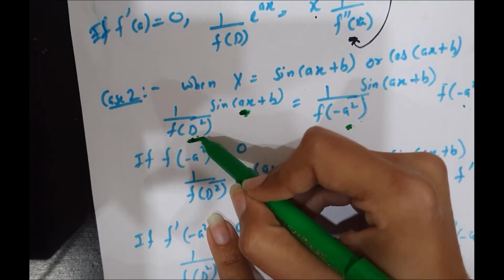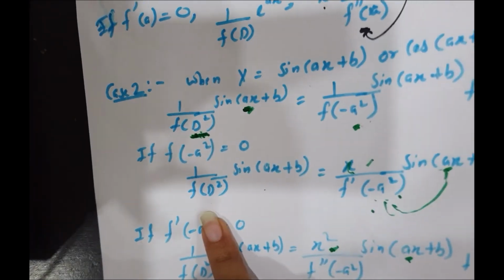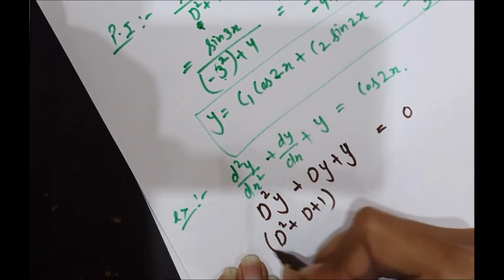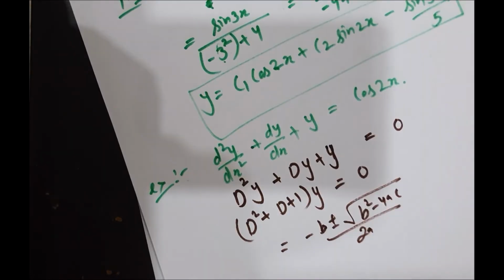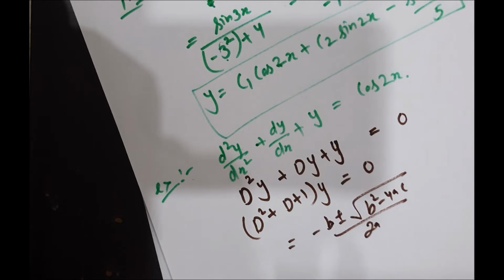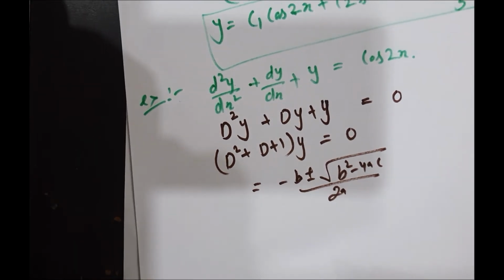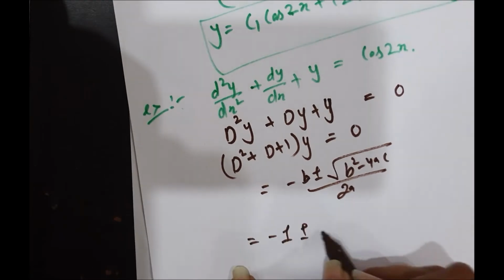If it's not d square, we have to make it d square. Let's see how we do it. First of all, find its complementary function. It's the last time I am finding the complementary function. After that, I will not find the complementary function. I will just find the particular integral. For each coming example, you have to find the complementary function by yourself and add it to the particular integral to find the complete solution. If you don't know how to find the complementary function, then see my previous lecture. That lecture is completely dedicated to complementary functions.